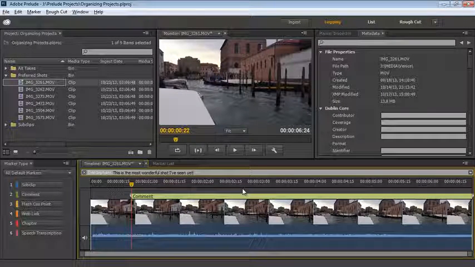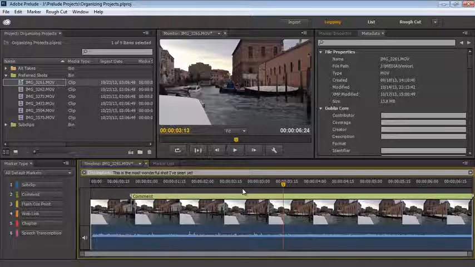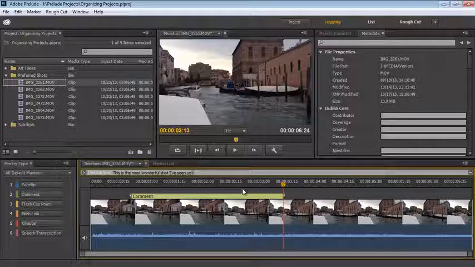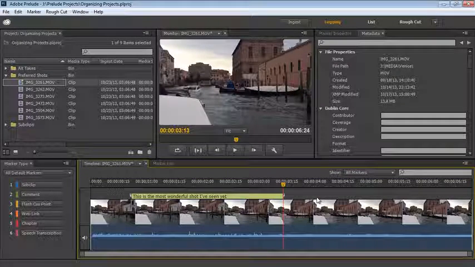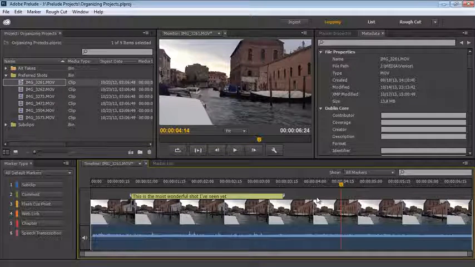Hold down the Alt or Option key, and now you can use J, K, and L to play back. And as long as you're holding the Alt or Option key, you can press the O key and mark the out point for that marker. So I can now press the Enter key and that marker is assigned. I can now use JKL, I can use the number keys on my keyboard and apply multiple markers, and for that matter create subclips without touching the mouse.